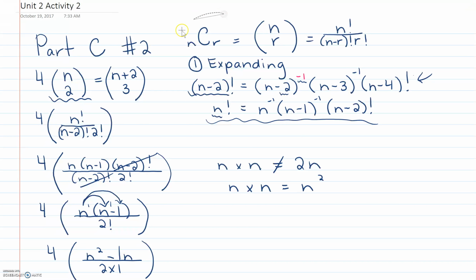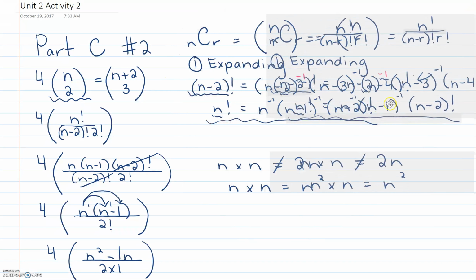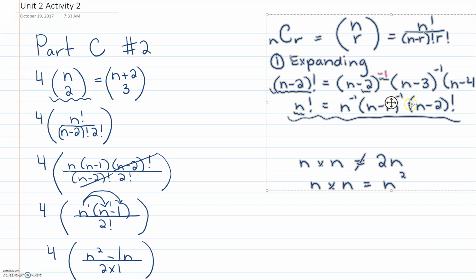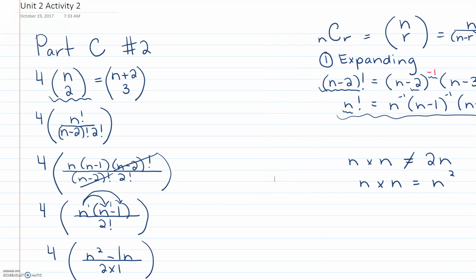Now we have to go ahead and work on the right side because we have to make sure that at some point we combine them. So what we're going to do here is go ahead and expand this right side. So equals, same idea here. You want to expand this with the combinations formula. So this equals n plus 2. Okay, the n plus 2 is the n. So n plus 2 factorial